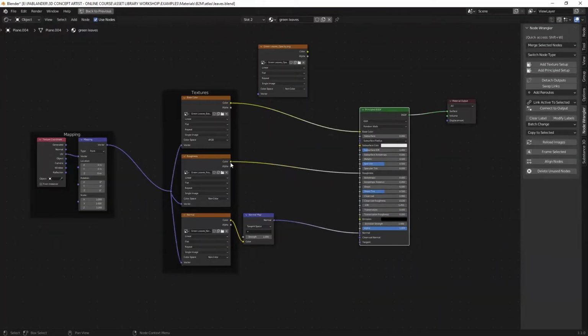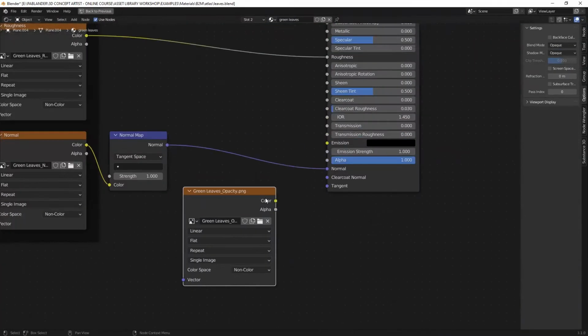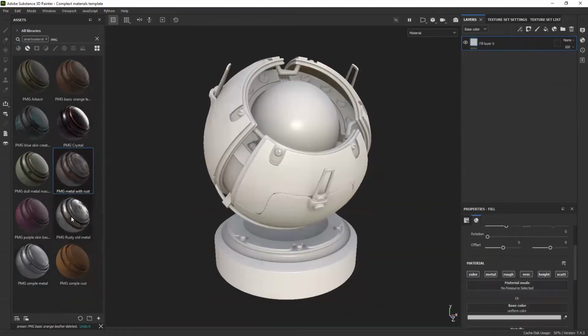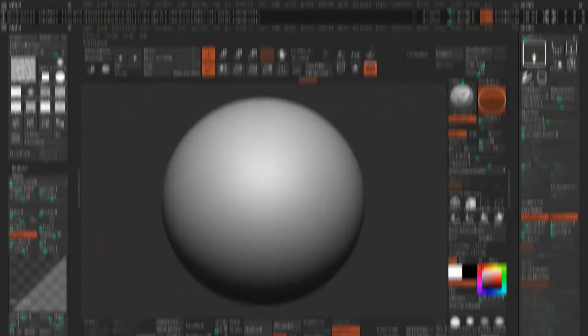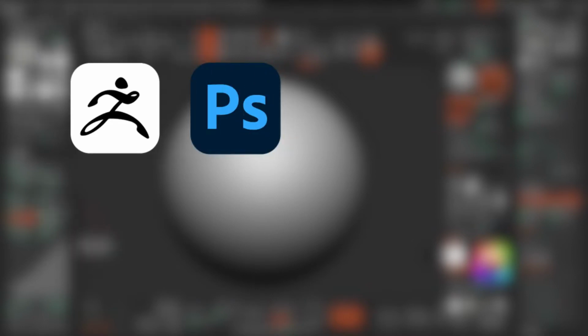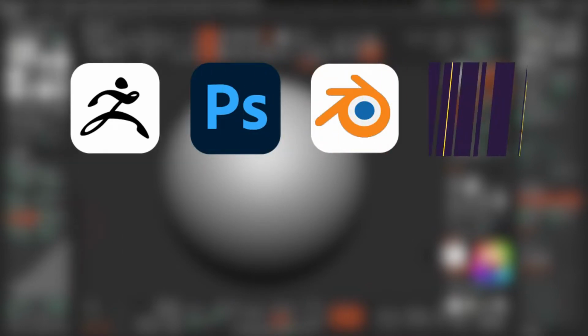To join this course, all you need is to be eager to learn a simple workflow to create your own custom assets, and in terms of the tools required, you need a recent version of ZBrush, 2022 would be ideal, Photoshop or similar, Blender, which is free, and Substance 3D Sampler.